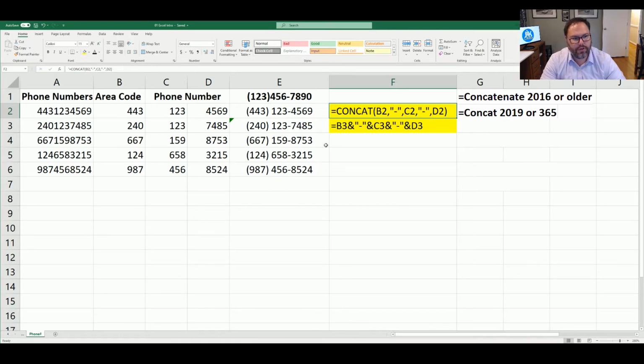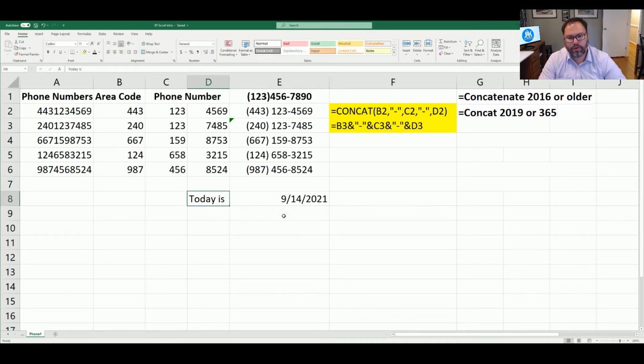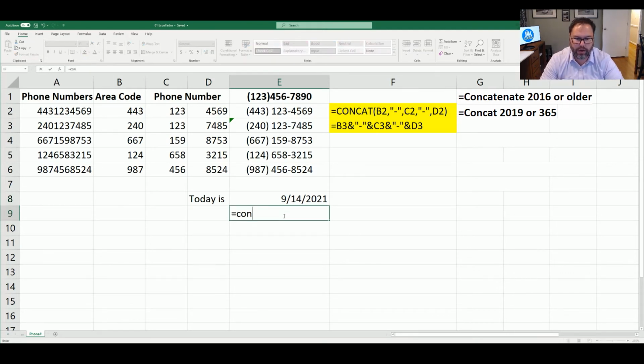Another thing that you can utilize, as we all know, is equals today. Open and close the parentheses, and that gives us the date. Now let's just say we wanted to say "today is" and have the date. So to get that all in one cell, we can come down here and do concat,